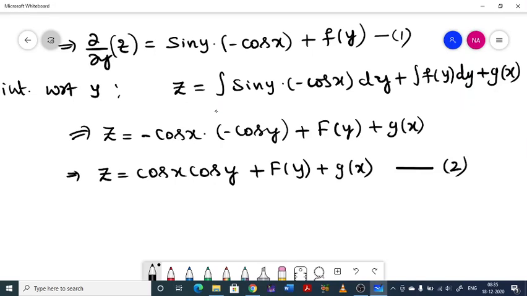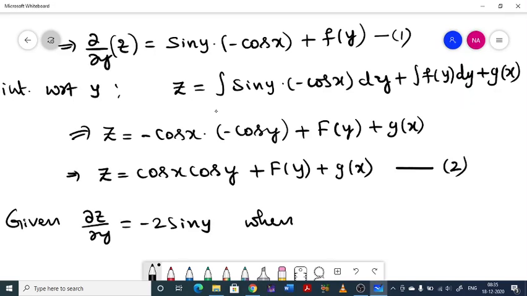Given dou z by dou y equal to minus 2 sin y when x equal to 0. This is the condition. When x is 0, the value of dou z by dou y is minus 2 sin y, they have said. Using this in equation 1,